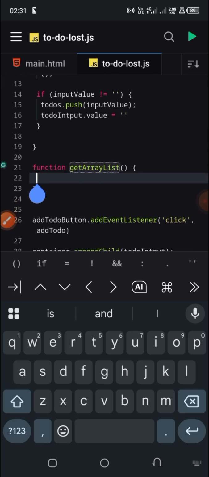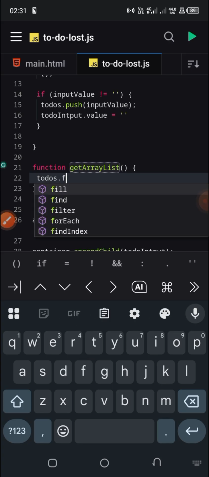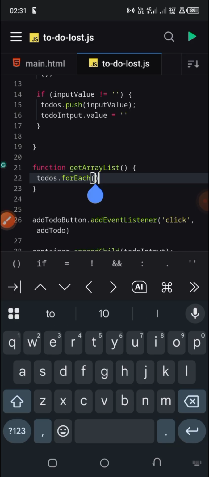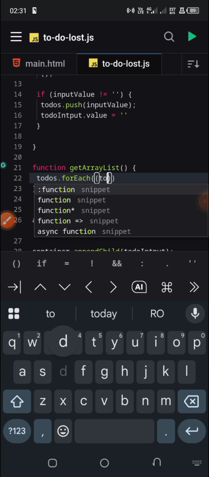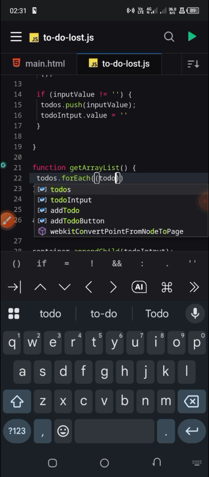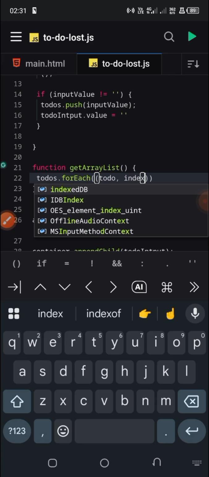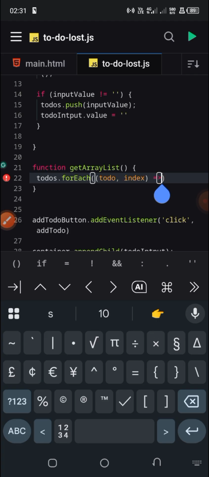So here we are just going to say todos.forEach, and we are going to get a single todo, and we also need the index because we are going to use that to detect the to-do we are going to delete or modify. So let's use this,